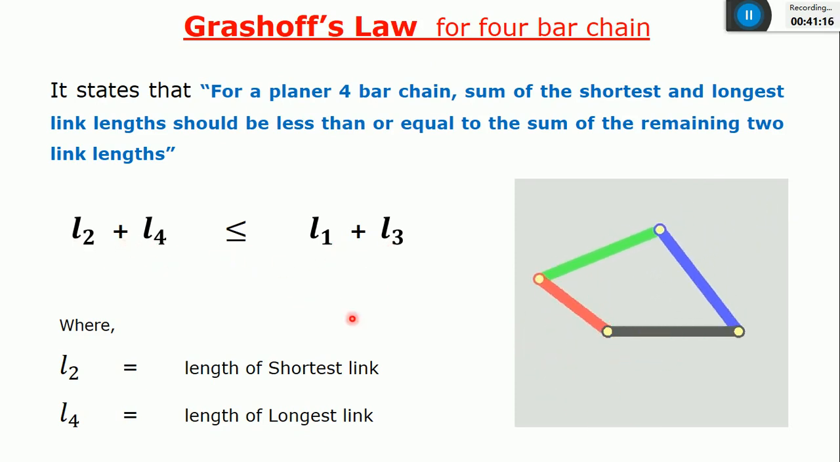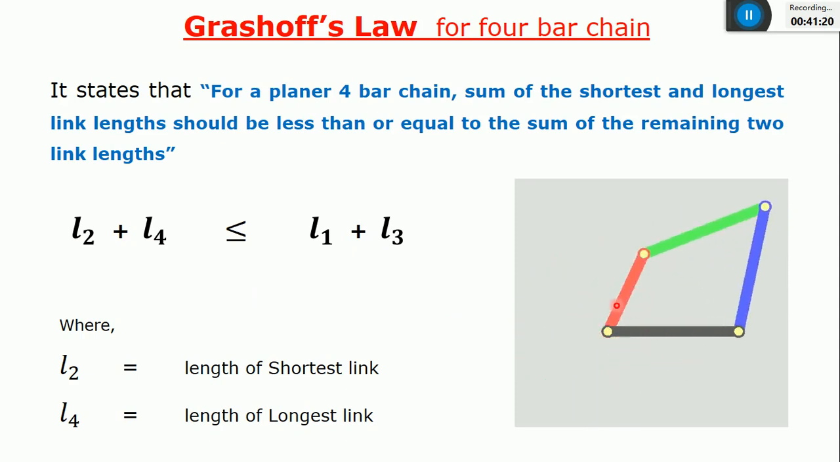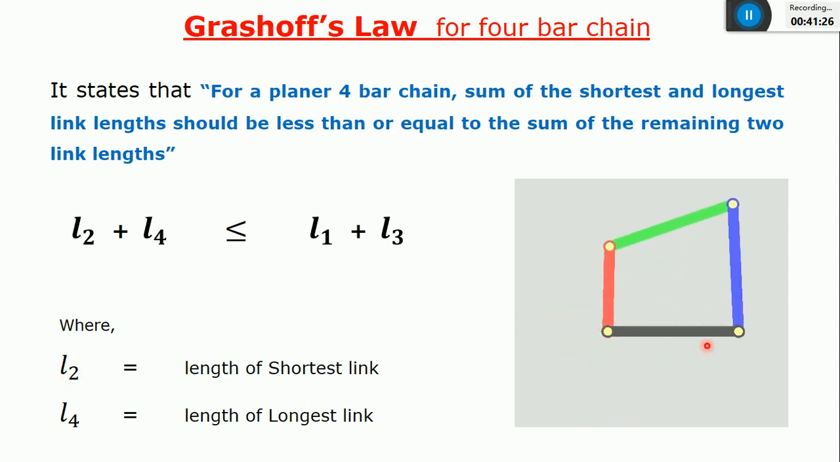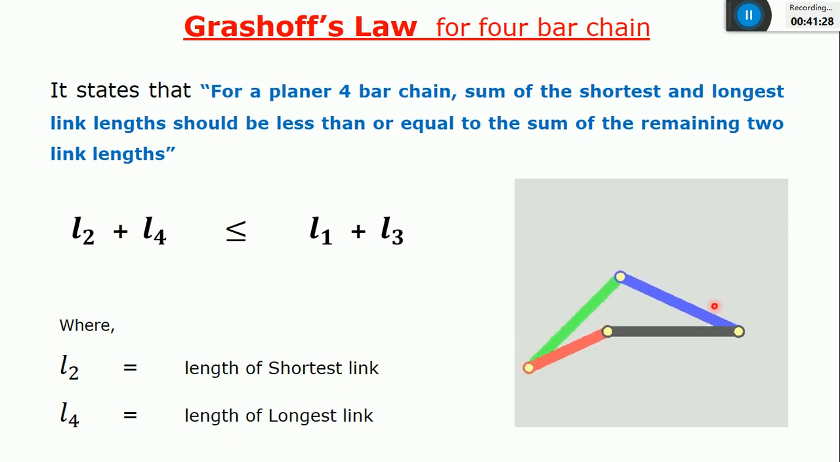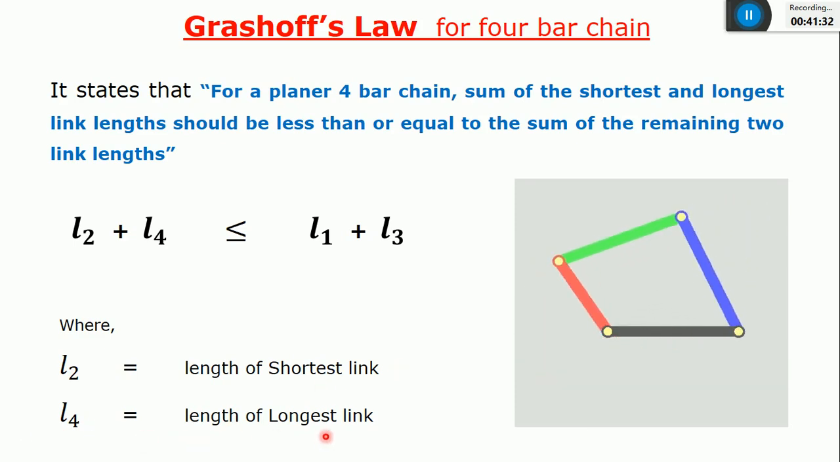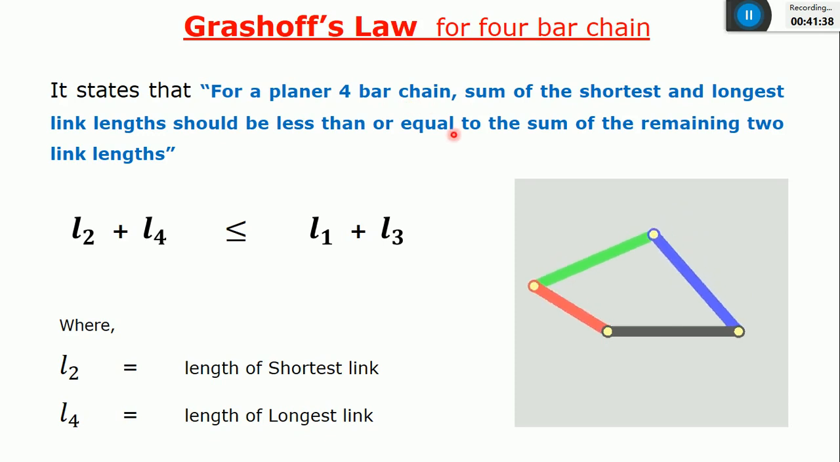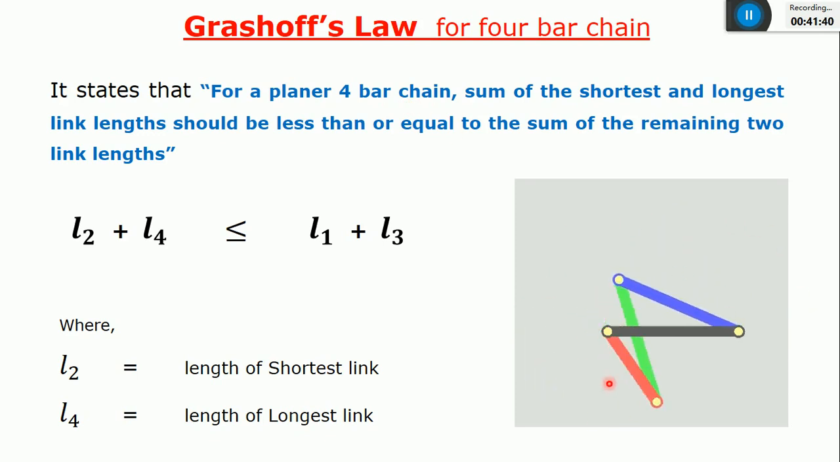I'll consider the shortest link, that is the crank, the red color, which is L2. The frame is L1. And the longest link is this rocker, blue color, that is L4. Grashoff's law states that for a planar 4-bar chain, which moves in a single plane, you can say a vertical plane,